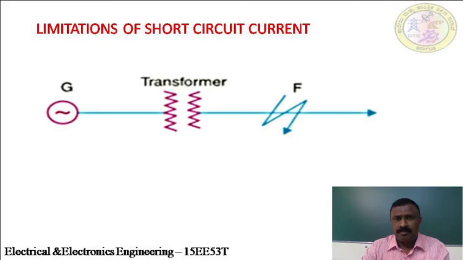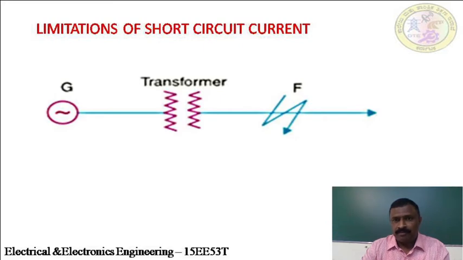So this is the simple power system where we have a generator. The generator end will be connected to the transformer. The transformer secondary side will be connected to the transmission line. When the system is under normal mode of operation, the amount of current I can be given as V by Z total, where Z total is the impedance of all the parameters of the power system, including the generator, transformer and transmission line.